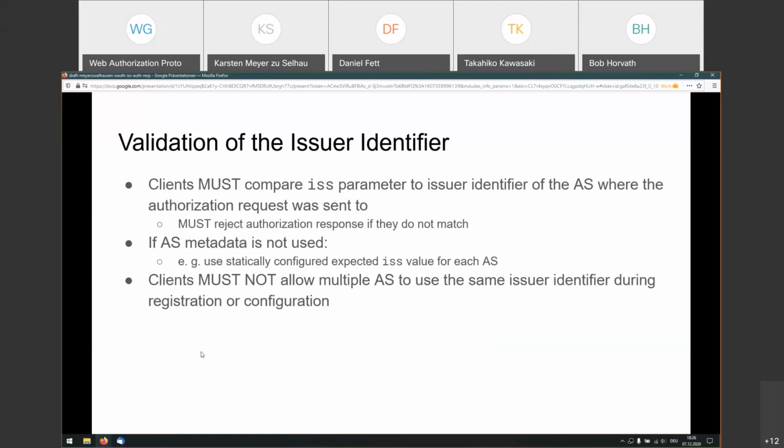The same aspect from the client side, as I said before: if the authorization server does not use metadata, we mandate that the client uses some kind of out-of-scope way to configure an expected ISS value, for example, statically configure for each authorization server one value that this client expects in the ISS parameter. And the last important aspect for a client is if there are multiple ASs trying to use the same issuer